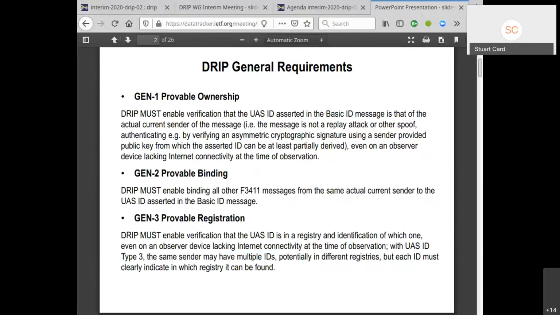The value of that is, first off, to just prove that I really am in a legitimate registry, any legitimate registry. But then if the registries are colored, if you will, that colorization of the registries can be used by observers to make trust decisions just based upon what club's membership list I am on. Any discussion of these requirements before we move on? Okay, next slide.